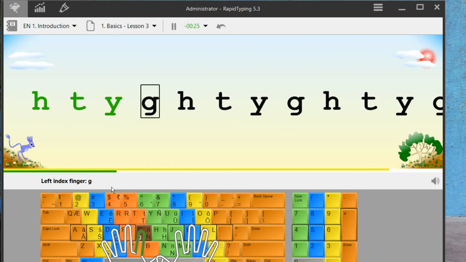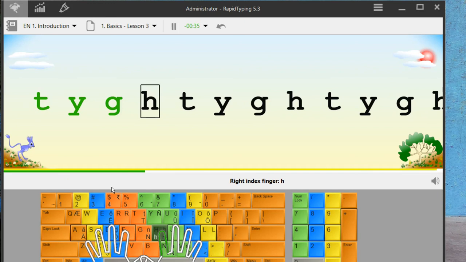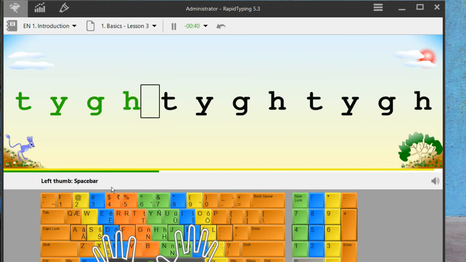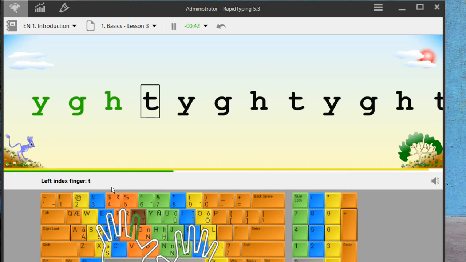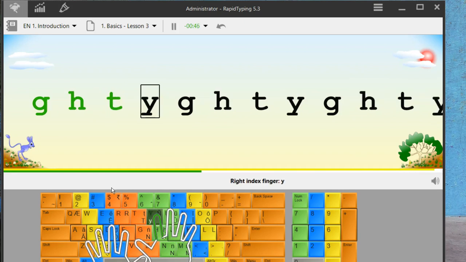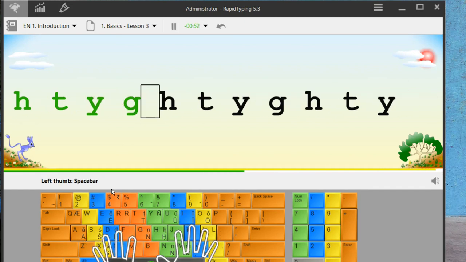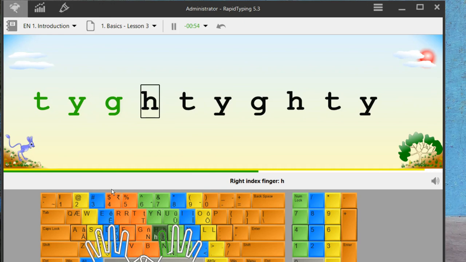Now again press G with the left hand index finger, then space with the thumb, then H with the right hand index finger, then space, T with the left hand index finger, then space, then Y with the right hand index finger, and similarly you have to type all the alphabets one by one.